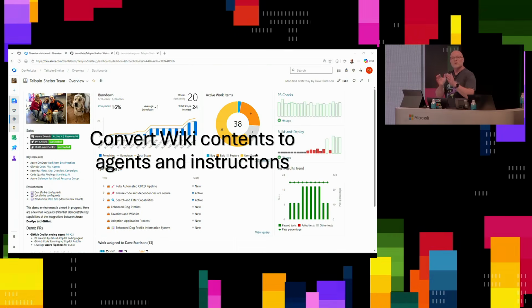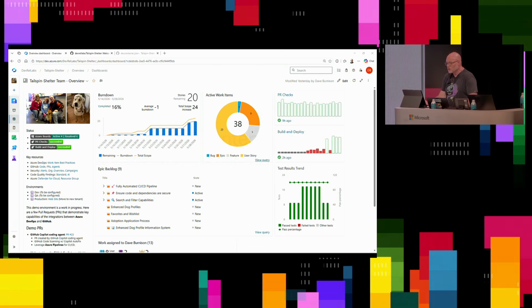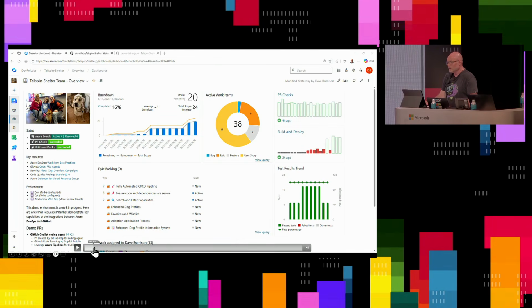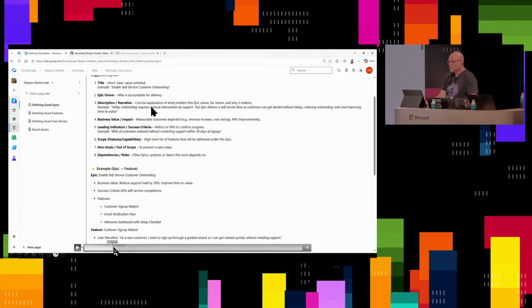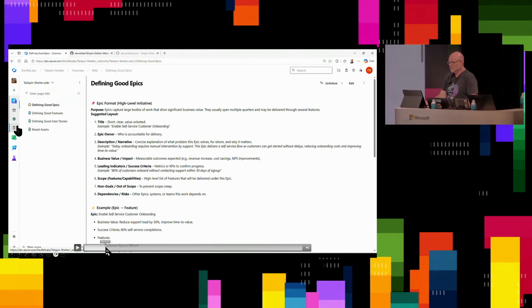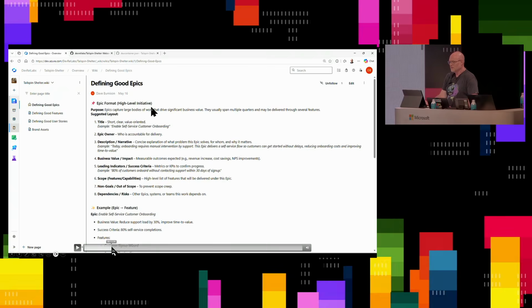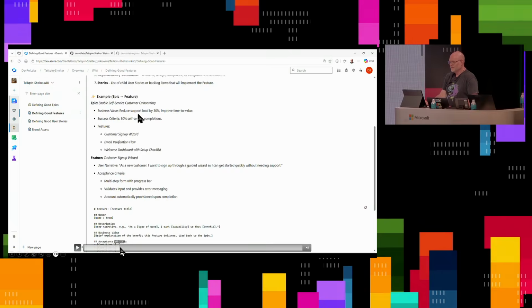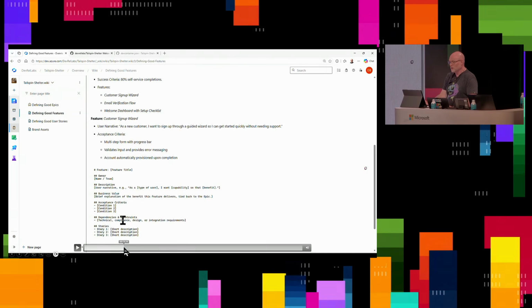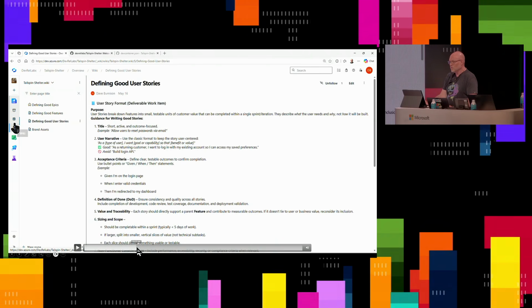Now moving on, I want to talk about converting those wiki pages into Copilot instructions and Copilot agents. So I went back to the Copilot app. So there's our wiki pages with all that information. We even have sample markdown for what it should look like, since we're keeping everything in markdown. So now if I go over to the Copilot app,